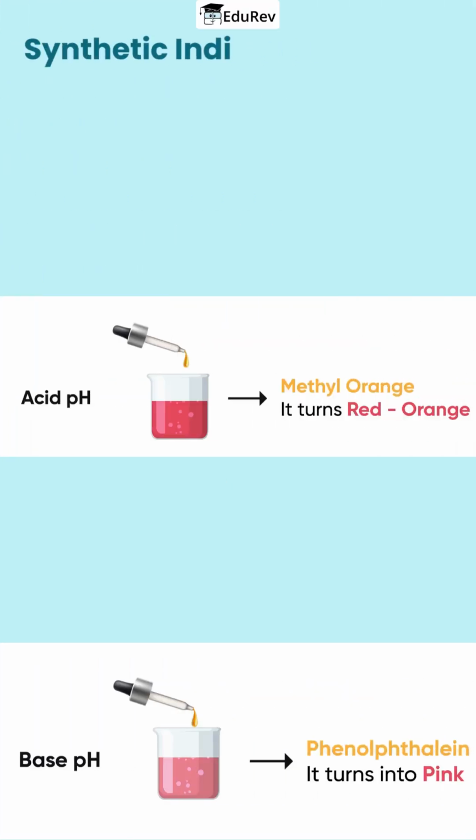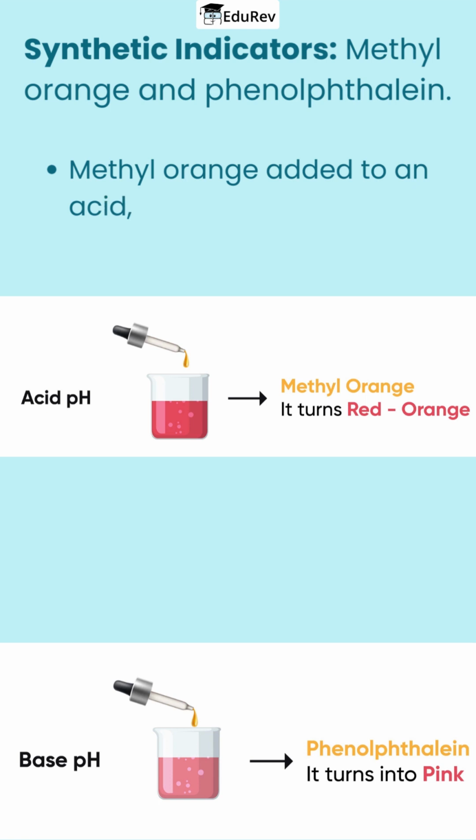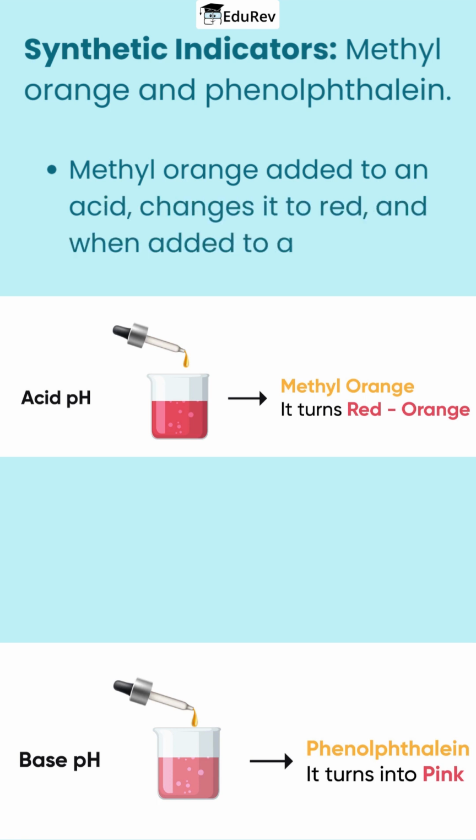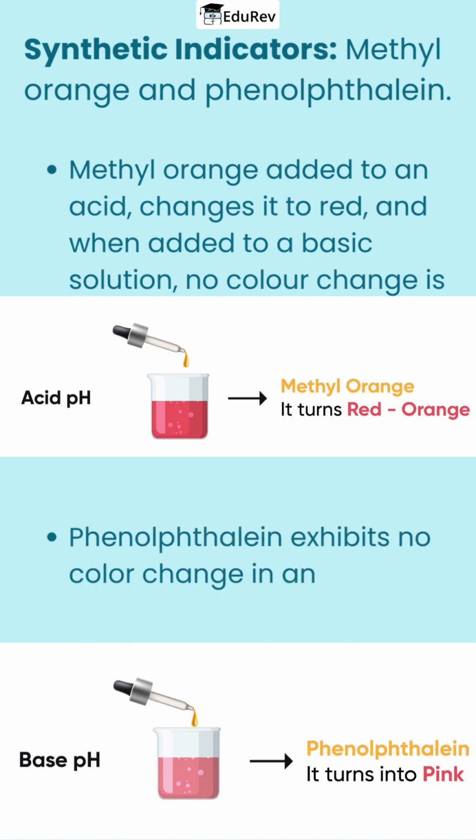Synthetic indicators. In addition to natural indicators, there are synthetic acid-base indicators such as methyl orange and phenolphthalein. When methyl orange is introduced to an acidic solution, it transitions to a red color, and when added to a basic solution, its color remains unchanged. On the other hand, phenolphthalein exhibits no color change in an acidic environment but turns pink when exposed to a